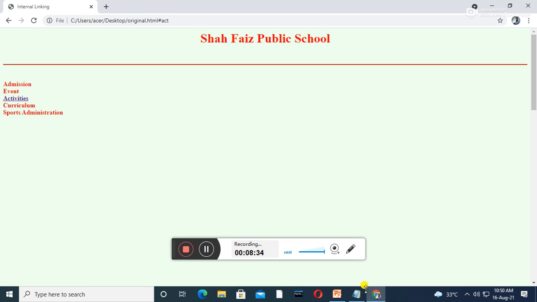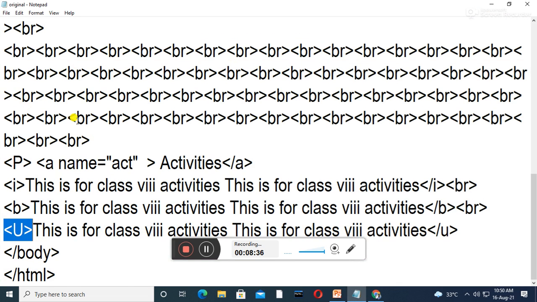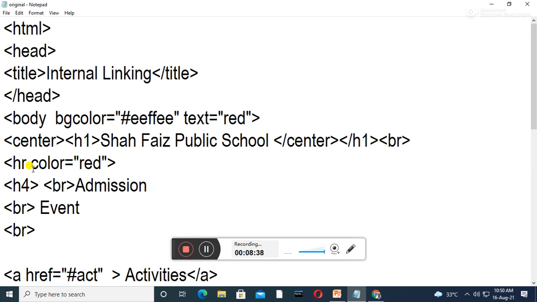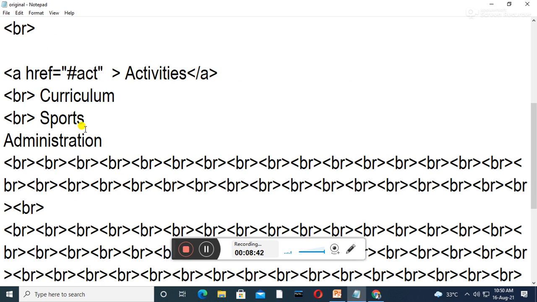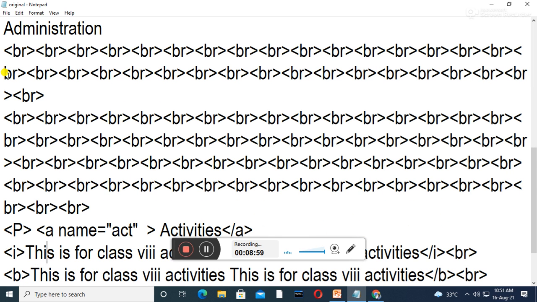Once more you can see the code. In internal linking, you have to use two anchor tags, and both are important. The first anchor tag is used with the href attribute, and the second anchor tag is used with the name attribute.